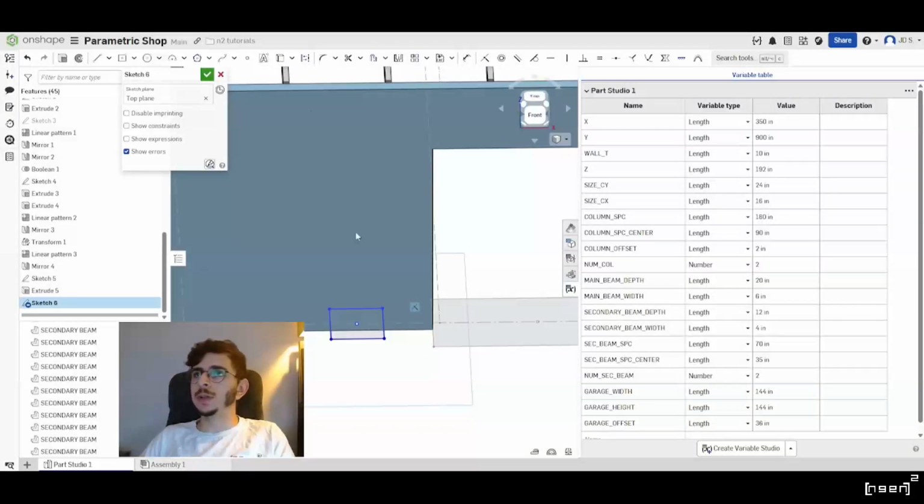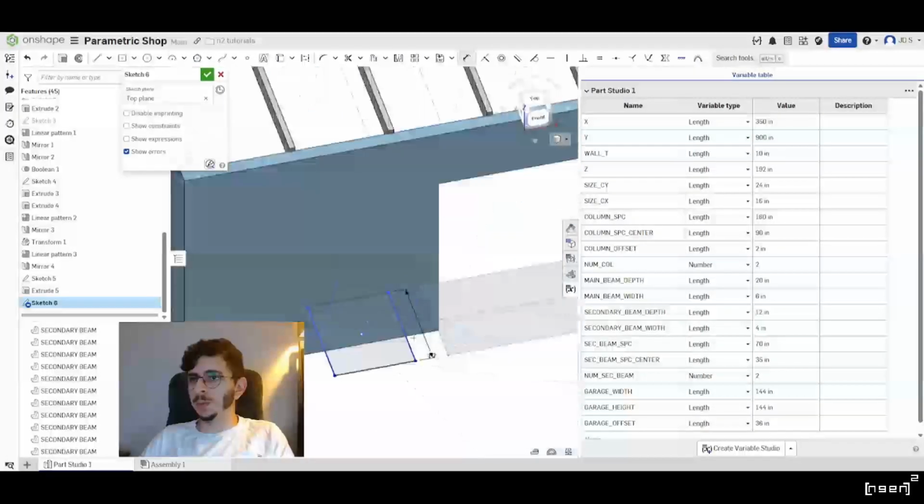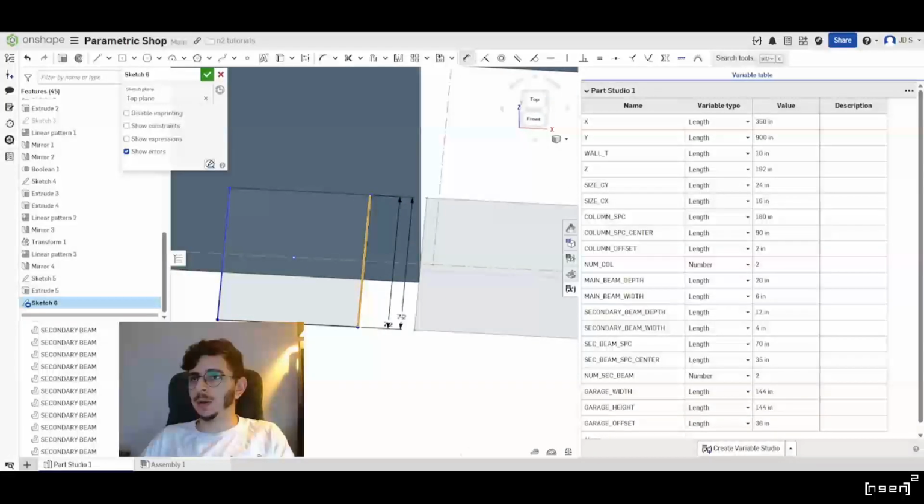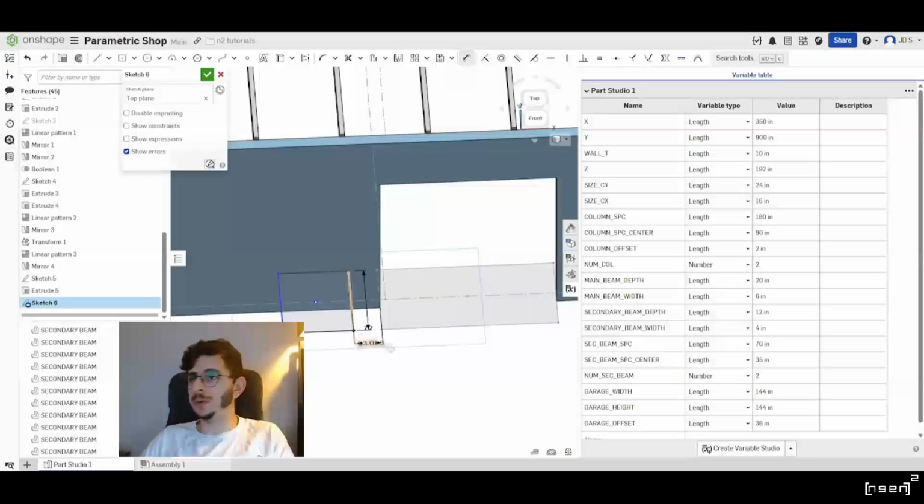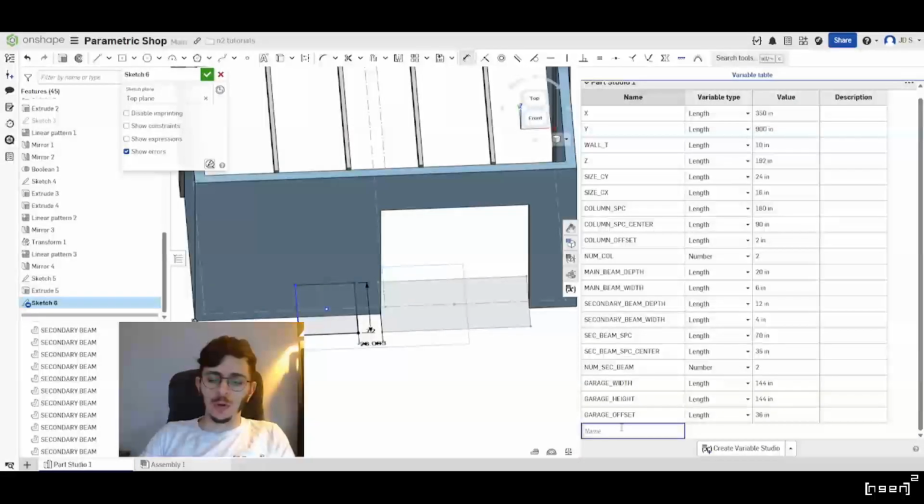And we'll actually drive this to be, we'll use that same 6-foot remove, and we will drive this to be constrained to the garage opening because we don't want to have a clash there. So door